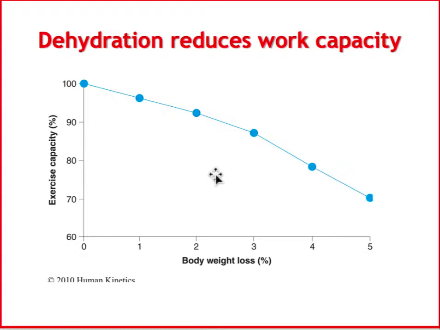Since this study was done, there have been several other studies that have looked at, for example, a marathon in South Africa. They've looked at Ironman ultra endurance athletes, and several of those athletes are still able to perform at a very, very high level when they've lost as much as 10% body weight. That's kind of typical.